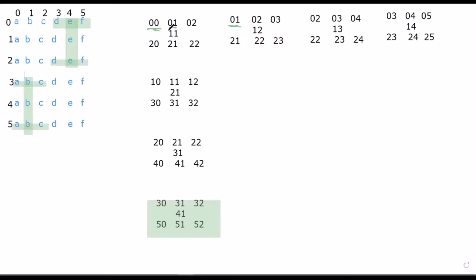Here you can see that the indexing of the first element of the first R class is 0, 0, and the indexing of the first element of the second R class is 0, 1. Similarly, the indexing of the second element of the first R class is 0, 1, and the indexing of the second element of the second R class is 0, 2. Also here it is 0, 2 and 0, 3.